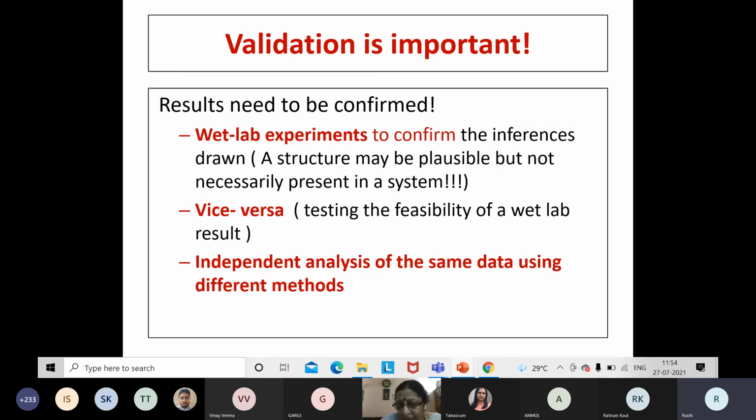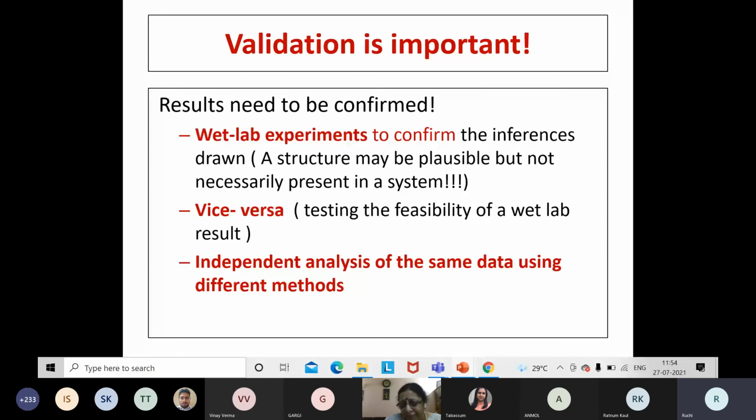Once you have done a bioinformatic analysis, for the acceptability of it, most of the times we need to validate our findings. If we are making any claim, more often than not, just doing a bioinformatic analysis and telling this is what, is not acceptable. It is becoming more and more unacceptable now. You have to confirm your claims with the wet lab experiments. Any inferences which you draw has to be supported with the help of wet lab.